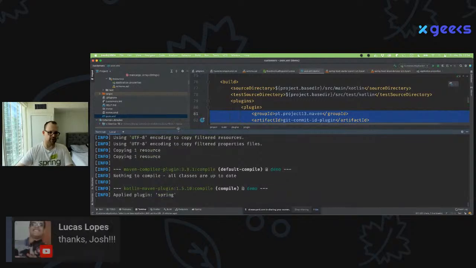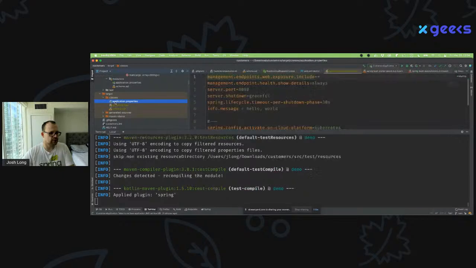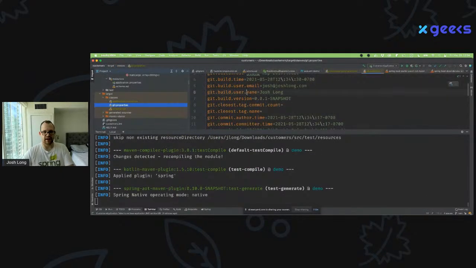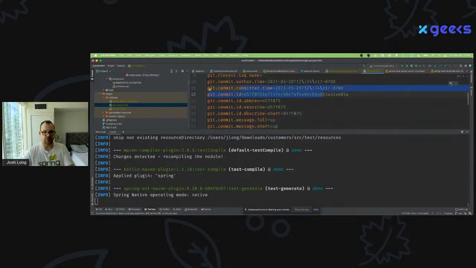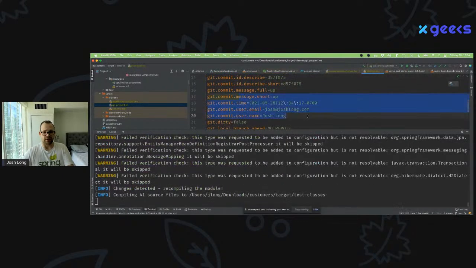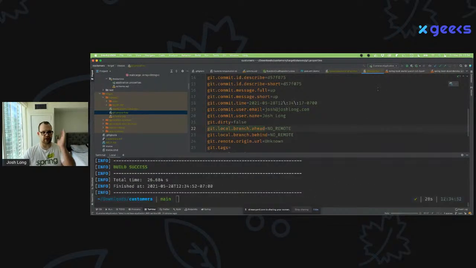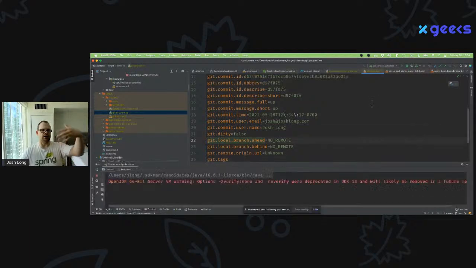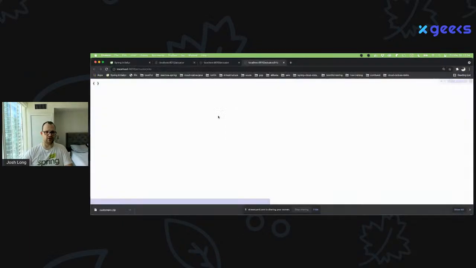Okay, so it's just going to build everything, and you can see that when it builds it, it gives me a file called git.properties, and this has the Git build username, the tag, the commit ID, the message, all this stuff that you get from the Git repository. Now imagine you have this in a continuous integration or continuous delivery environment. You do a git commit, git push, then in your CI environment you build the application. This gets run, it creates all that information, and then that gets shown here. Git main commit ID, and there's my custom message as well.